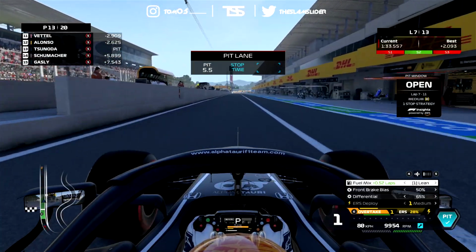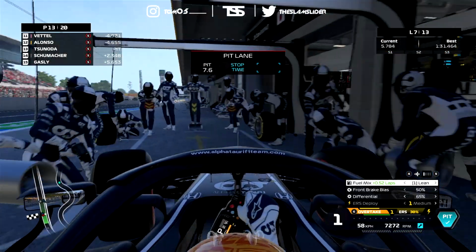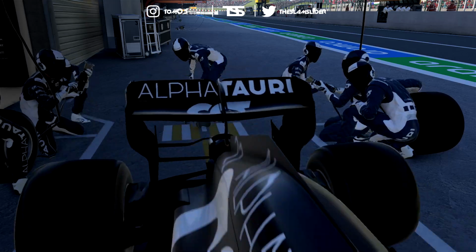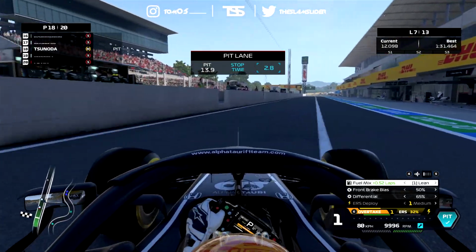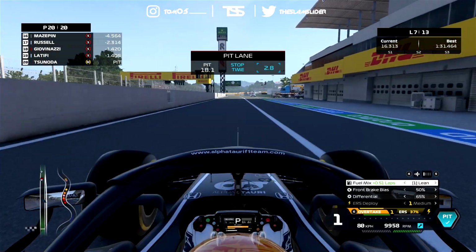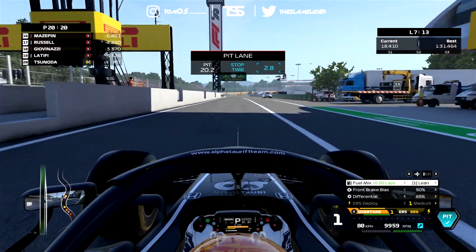But it was a very good stint. The soft tires were starting to fade away a little bit. I'm not gonna lie, I've been forcing maybe too much tire. You can see Tsunoda's helmet looking really good. Like I said, Adrian is really good when it comes to helmets. It is an absolute legend, and you're going to notice this if you play with this mod, because this mod